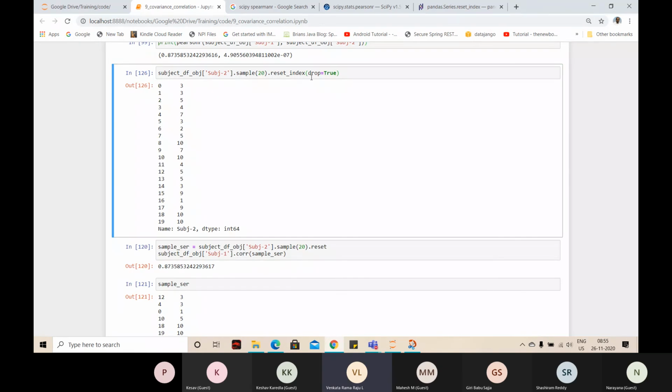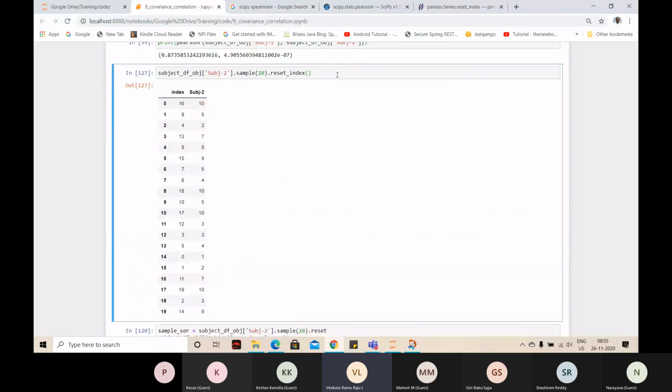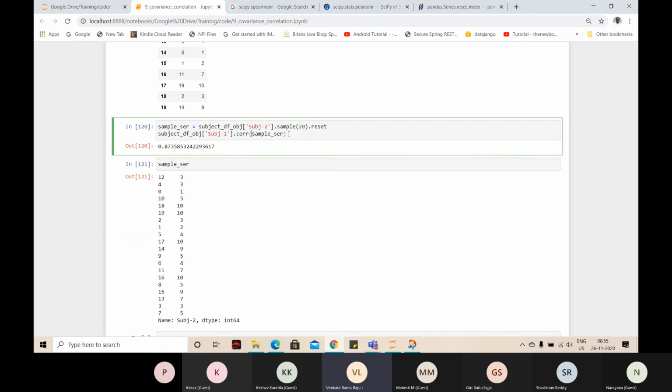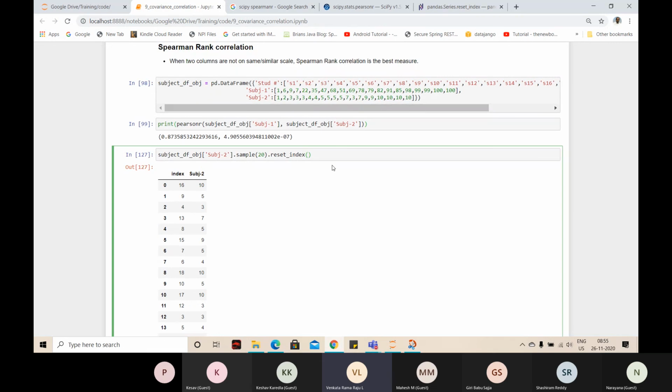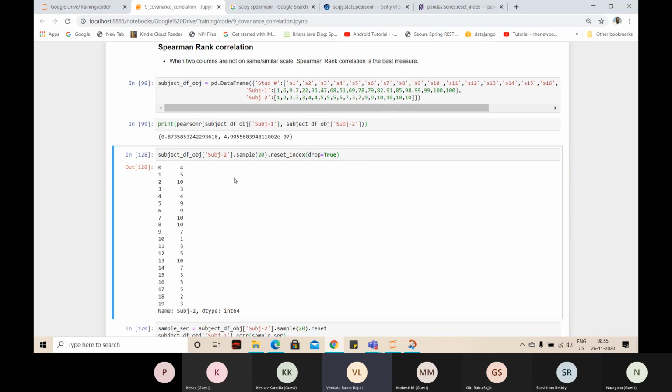See that? Right, if I ignore this, what happens? Let us see. See that? It actually shuffled the data, right? The 16 index is the first one, 9 is the second one. But when we are using it here, without resetting the index, it is matching with the same index there. So I need to say drop true. Then it will actually reset the index. Now the values actually shuffled and the indexes also shuffled.